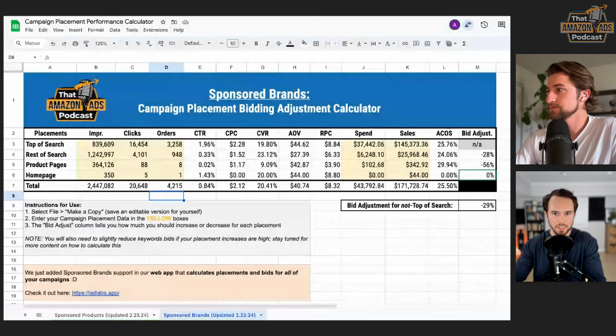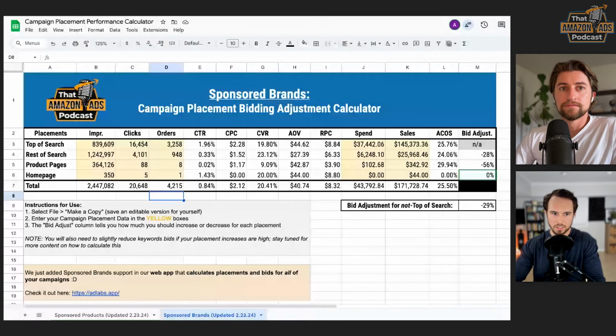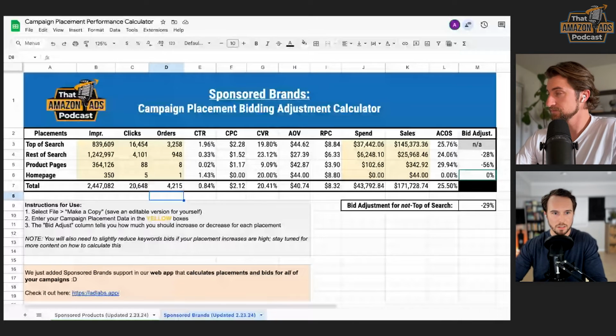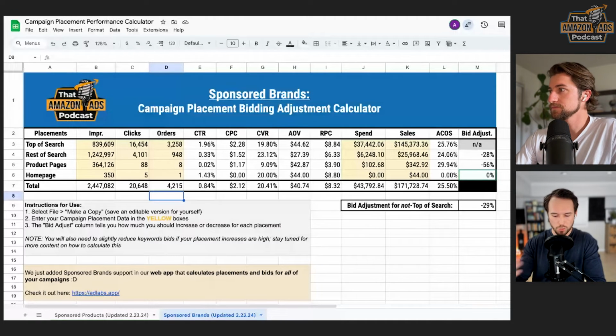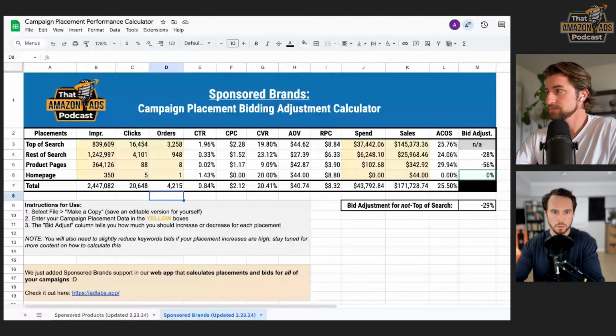So I think the main takeaway here and the main action step for anybody listening or watching is to go download that report, make a copy of this sheet, plug in your data, and start seeing how you can add some additional layers of optimization to your sponsored brands, which is super important. Amazon's rolling out more and more sponsored brand stuff. I imagine more people are starting to allocate additional spend there. Being able to dial this stuff in is going to be really crucial to maintain good performance with those sponsored brands, because those CPCs can get pretty pricey.